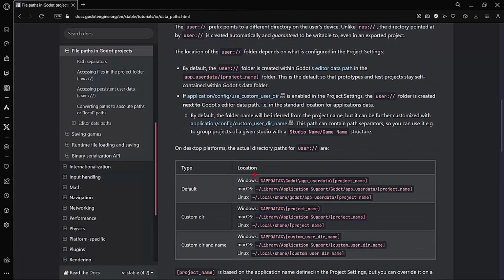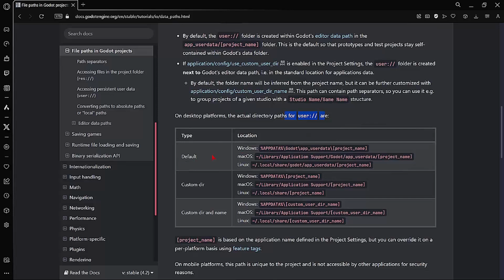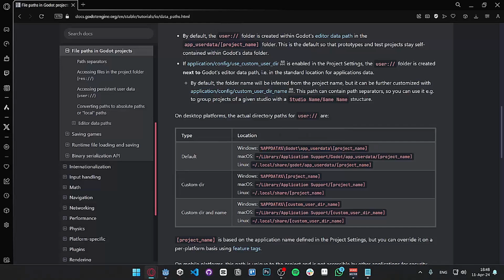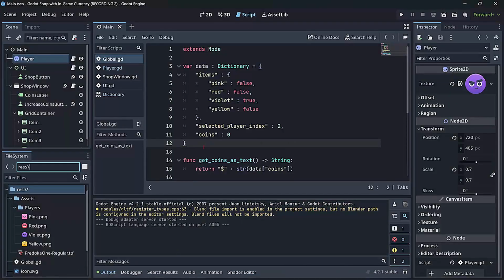So here you have the location of your directory for users, okay? And here, depending on your operating system, you can have one path or another. So basically, we will be able to find the file that we save in the following path, okay? So once we do understand that, and we will actually see that in our next lessons,